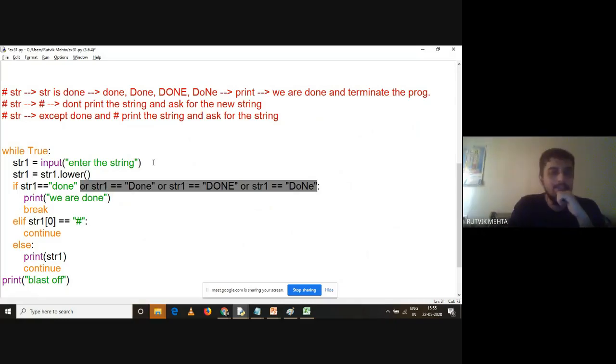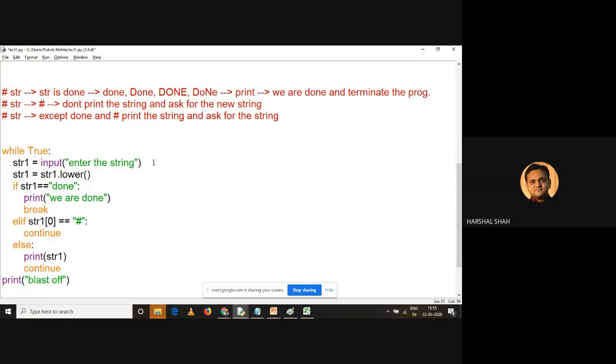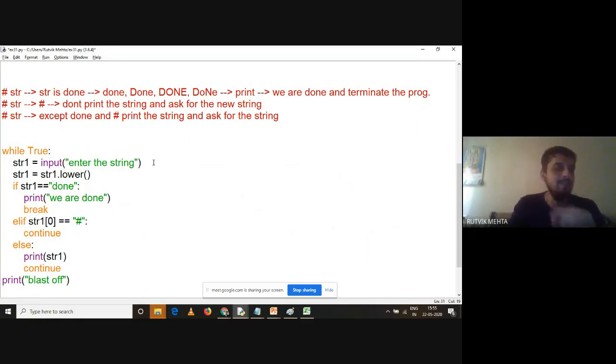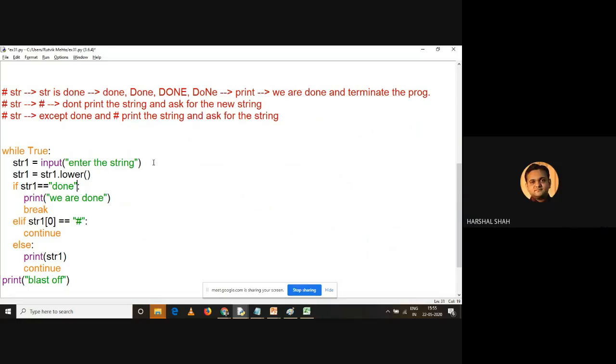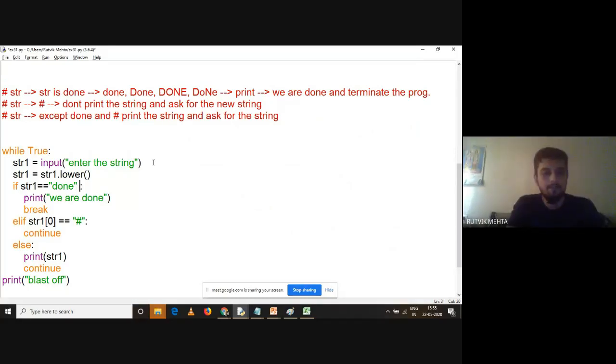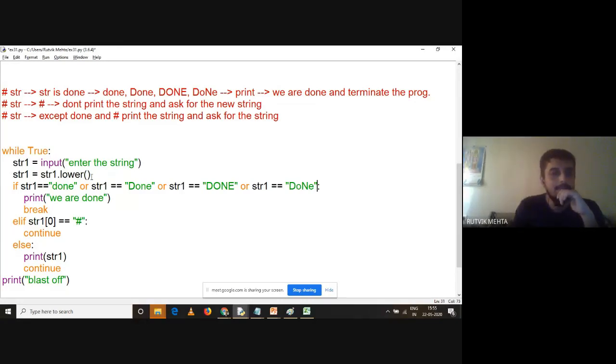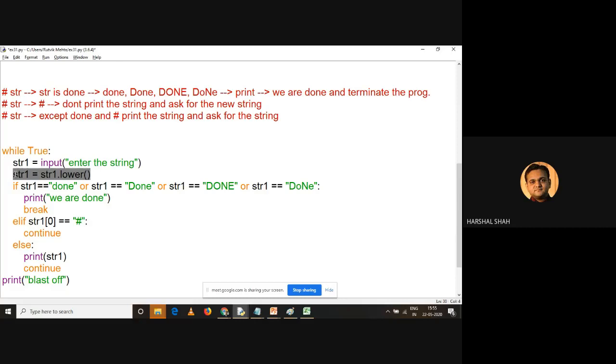Mridul sir is saying this: there is a function which will convert your string into lowercase. You don't need to put all these conditions like this. This will work, right? Because the uppercase characters will be converted into lowercase characters. But Mridul sir, as we have not covered string functions right now, we are not taking that case into consideration. Thank you for the suggestion, Mridul sir. Right? So this was the case. Let me remove this part.